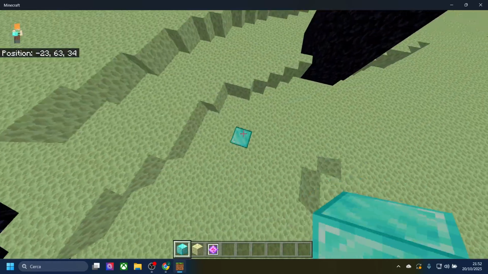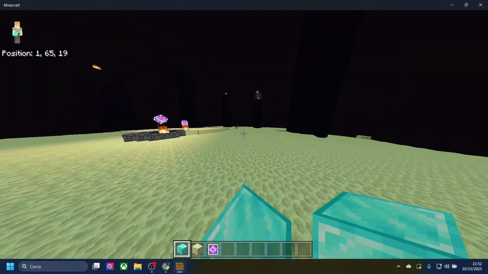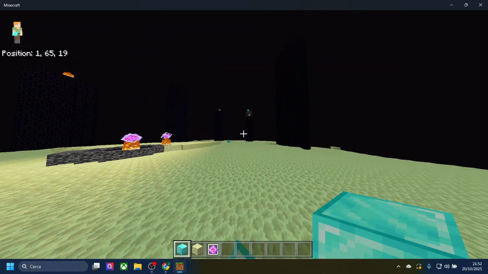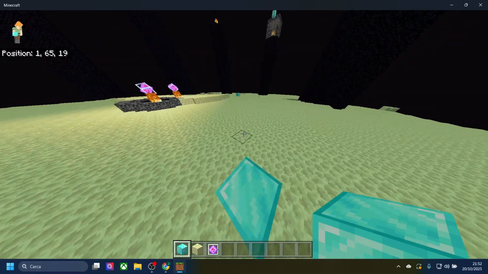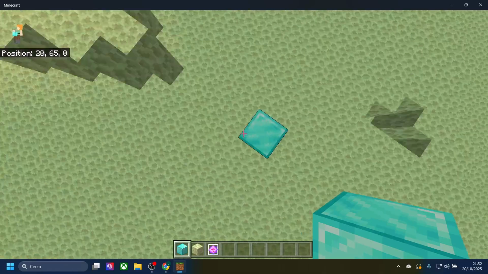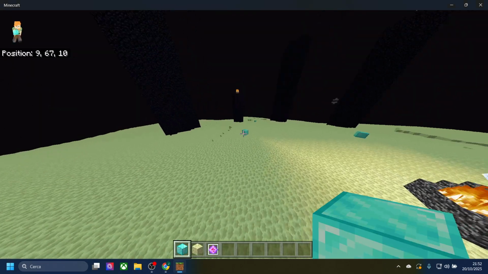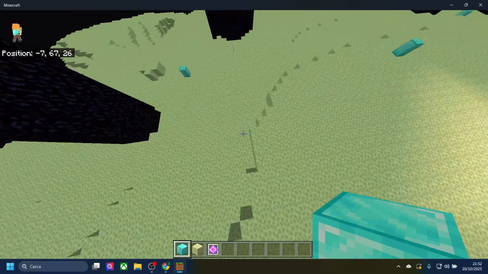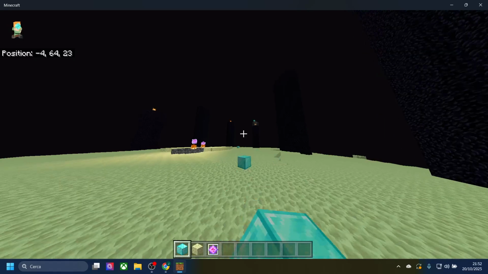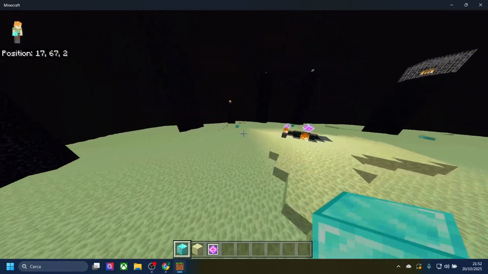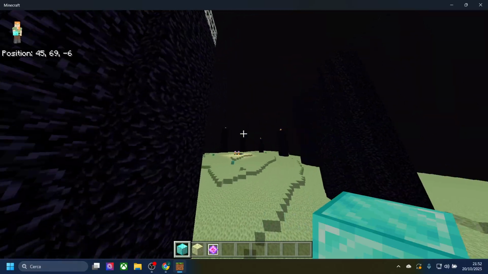So the dragon spawns at 0, 0, goes to this node first, then decides to go to this node because it's the closest to the perching node, because the dragon decided to perch, that's its goal. And then the dragon goes here, right? So basically the perching decision happened here, when it reaches the previous node to the perching one. This is my theory, and it will kind of explain why, for example, if you do the reverse perching thing,